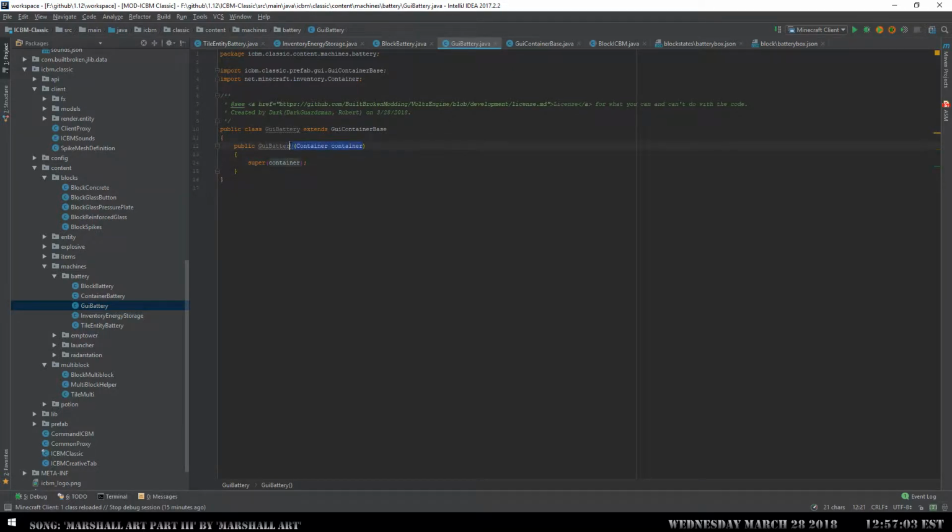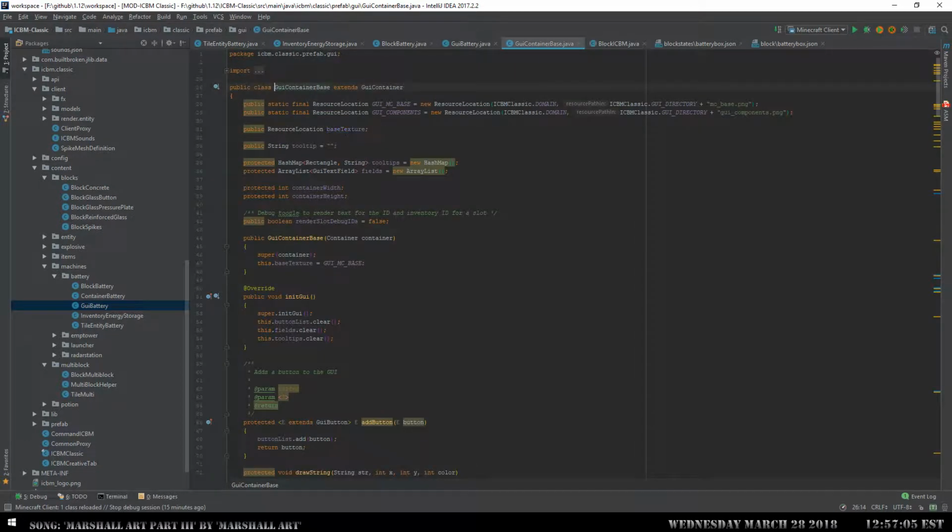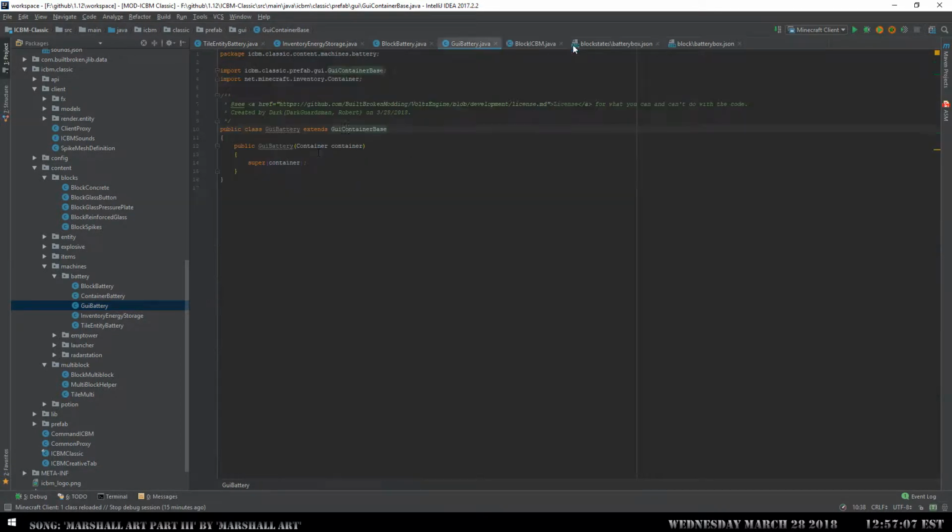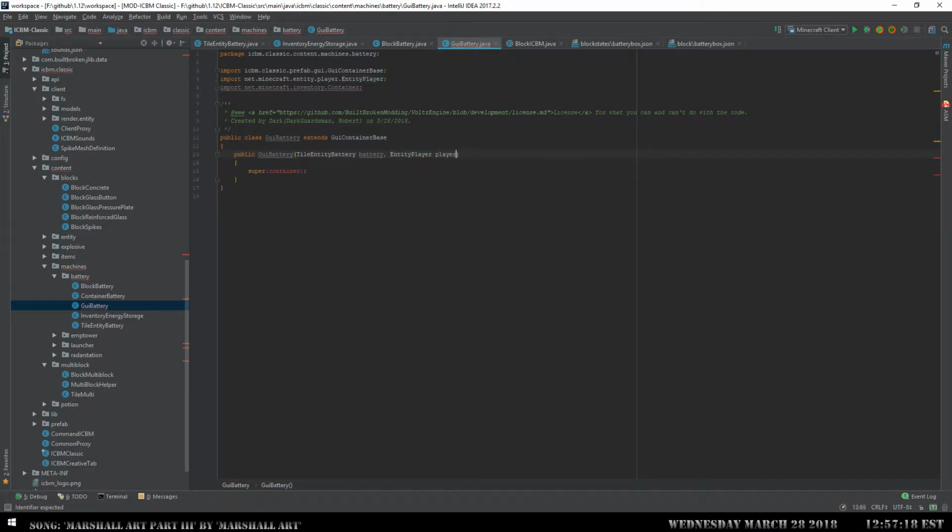Now for this, what we're going to want to do is pass in the tile in. Let me check really quick. Yeah, we don't store it in here. So this is an older version of the prefab. The 1.7 code has a much nicer version of this. So we want the tile entity battery box, and then we want the entity player, because we're going to pass these into our container. So our container is going to be, well, let's do the container really quick,